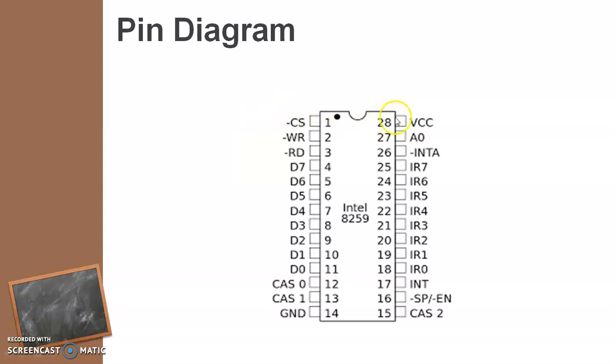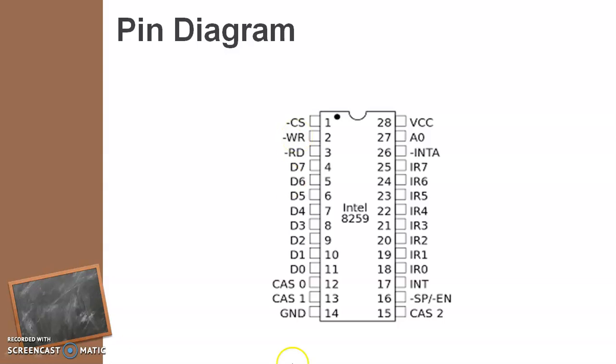Next we will see the pin diagram of the 8259. This is the chip select of the 8259, then the read and write signals. Using the read signal, the content on D0 to D7 will be read by the processor. It could be the status information of the registers, or it could be the data transfer from the hardware because of the interrupt request. During the write operation, the initialization command words of the 8259 can be entered.